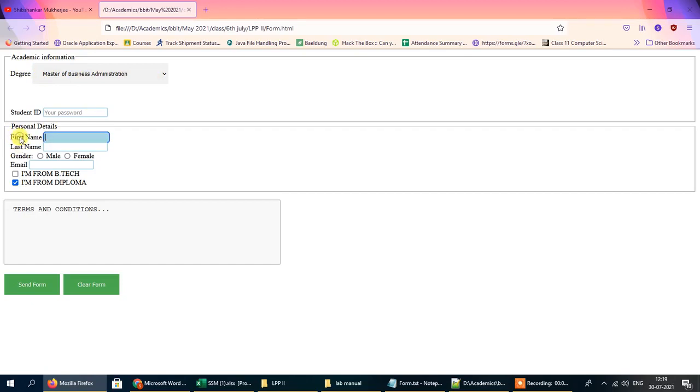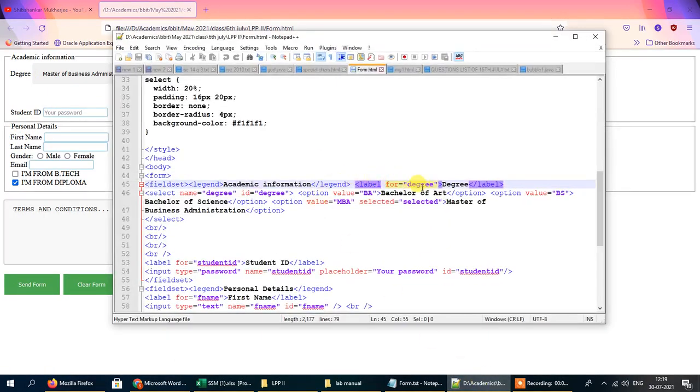If I click on the first name, you can see this box is automatically getting selected. Here it is a bit difficult to demonstrate with the drop down box, but you get the idea, I hope. This is the label for this degree. Whenever you include something in the label tag, the associated element will get selected automatically.